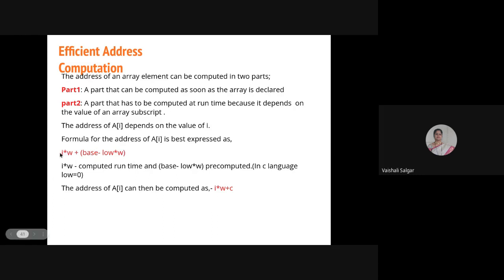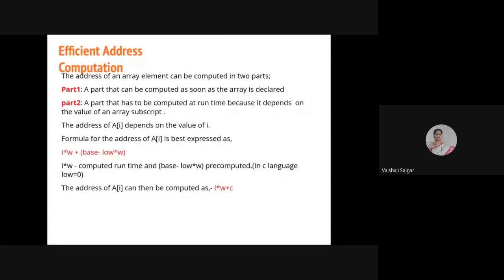The ith element will be considered at runtime, whereas the base address will be known at compile time only. So base minus low into W. Over here, I know the base value. Lower bound always starts with 0, and W will also be known at compile time.